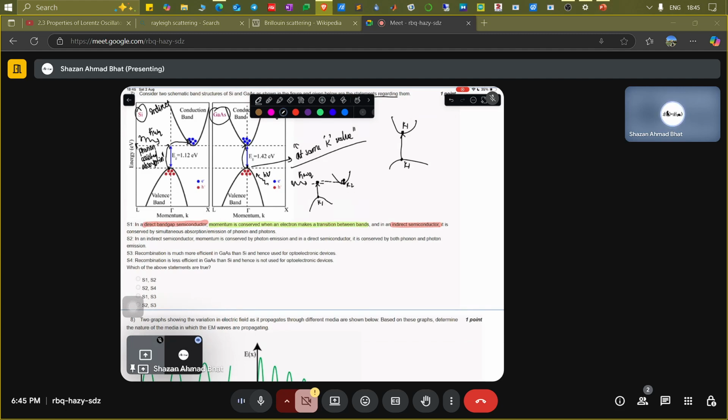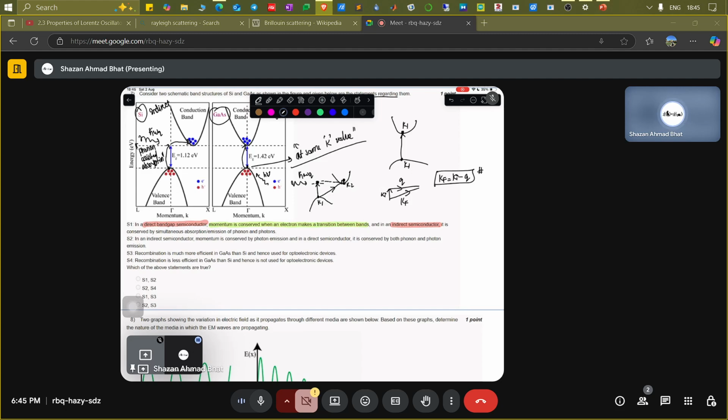So overall, this is the overall wave vector, just like vector algebra. Let's call this K final. This is K initial. Let's not call it K, let's call it Q, which is the wave vector of phonons. So you can have K final equivalent to K initial minus Q. Okay, so the conservation of momentum is definitely always there, because it's conserved because of some other mediating intermediate